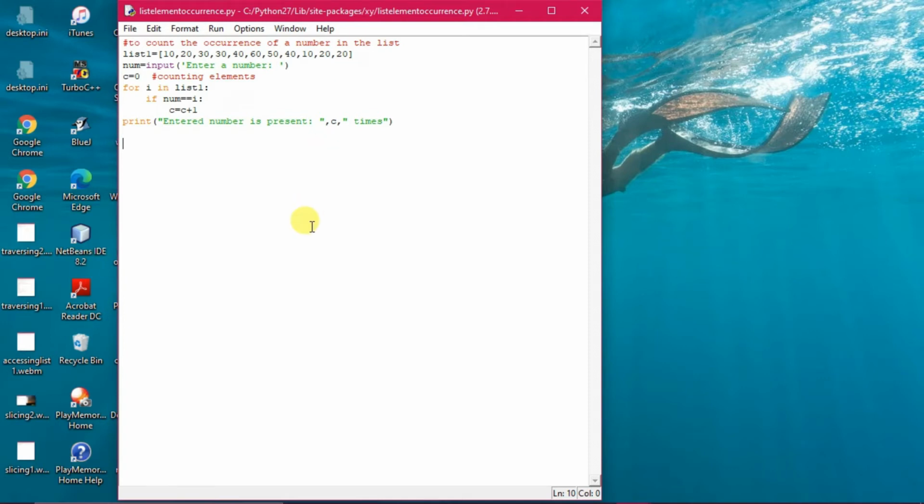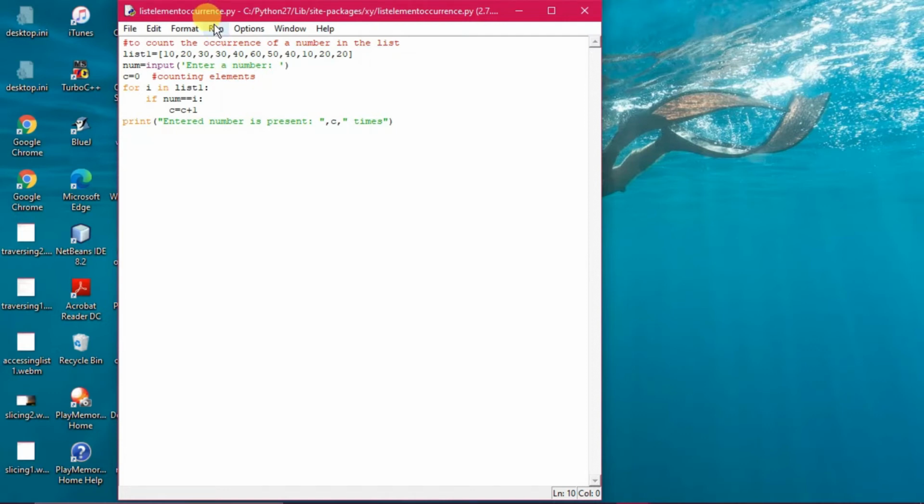So, as the program demands, because I have been asked to find the occurrence of a number in the list, I have not kept any provision if it is not appearing. But in the next few programs I have kept the provision for when it is not found. And in the previous few programs also, to print the even numbers or multiples of 5, I had kept that provision in case that particular item was not found. Here I have not kept it, because if the number is not appearing, it will simply appear 0 times. That's why no such provision has been kept here.